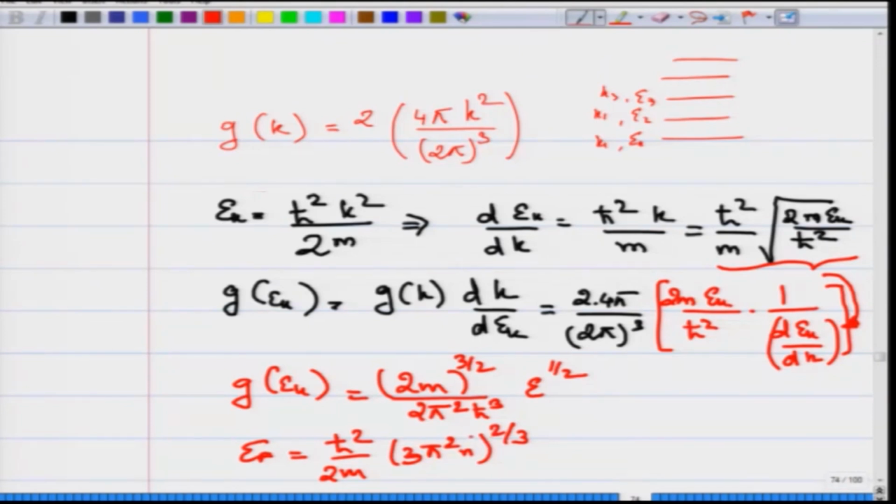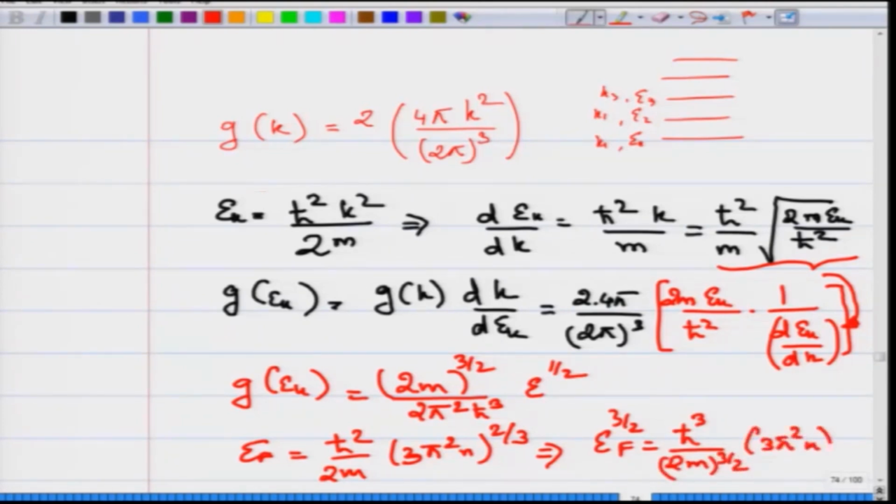So, if you put this in terms of E_f, then you can get these expressions, 2m raised to 3 by 2 over h cross cube. From here itself you can see that if you raise E_f to the power of 3 by 2, you will get h cross cube divided by 2m raised to 3 by 2,